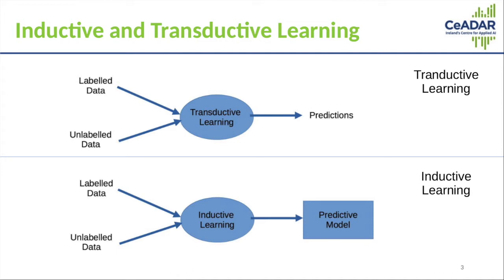So transductive learning works a bit differently. You feed in labeled data and unlabeled data, and through transductive learning processes, you get a bunch of predictions returned rather than a predictive model. So this has some limitations. It means you can't easily generalize the information you've learned to future unseen data. Although there are ways of doing this, it's a bit more complicated than in the inductive scenario. So I'm going to talk next about some concrete examples of these two